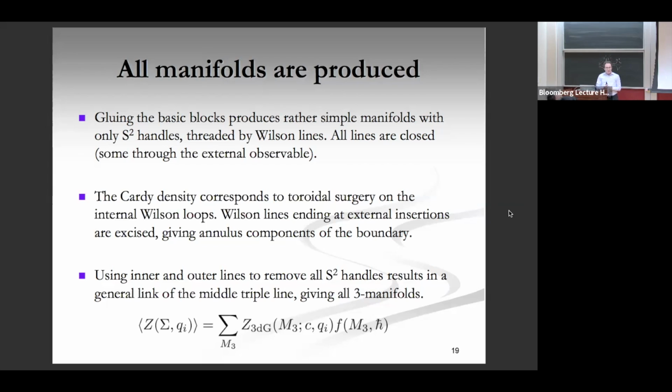Are you saying that you get all the non-compact three manifolds? No, so this is a story for compact manifolds. And then if I have external observables, I get manifolds with boundaries. And that's slightly more subtle, but I get almost all of the manifold boundaries, I get all the hyperbolic ones, and exactly which others is a little more complicated. Okay, but anyway, I generate a great many three manifolds, and in some cases, it's literally all.